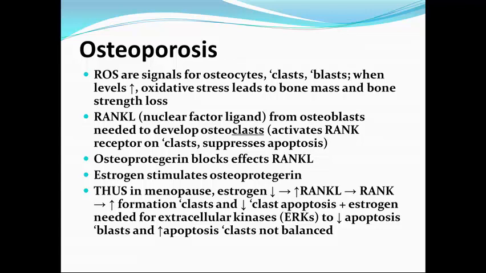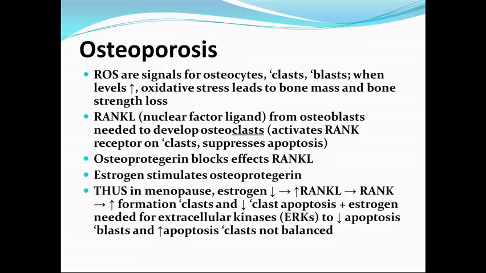In osteoporosis, when we think about the pathophysiology, we talked about that there was more oxidative stress as well as reactive oxygen species as part of this pathophysiology. We know that reactive oxygen species are signals for osteocytes, osteoclasts, and osteoblasts. So when these levels are increased, oxidative stress leads to bone mass as well as bone strength loss. So how does all this happen? Well, we know that we have oxidative stress. We also know that part of this process